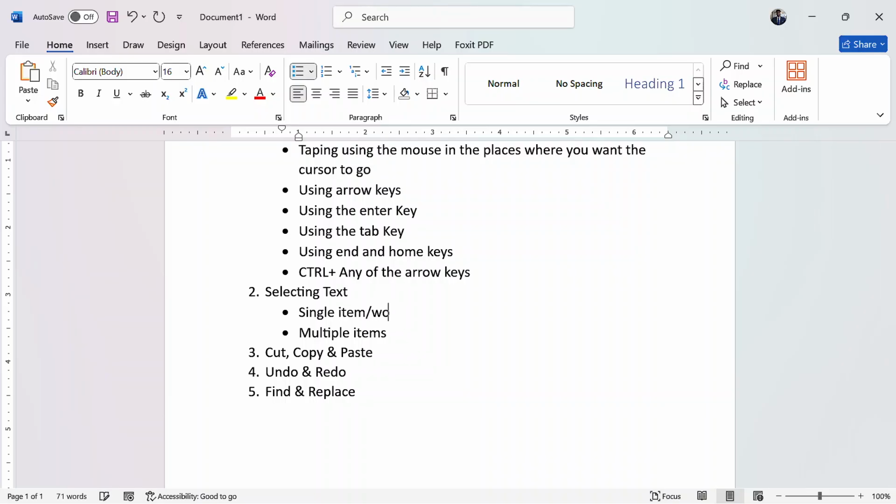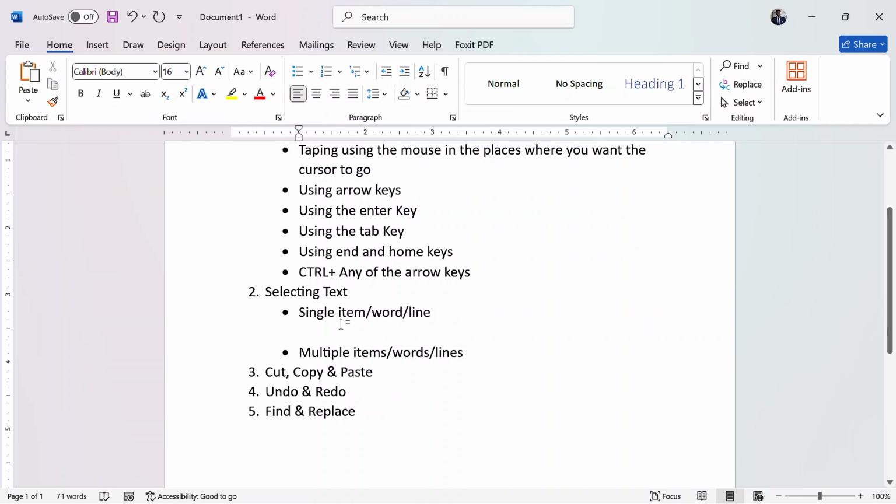Single item, single word, multiple words, stroke lines. First of all, single item, single word, or single line.